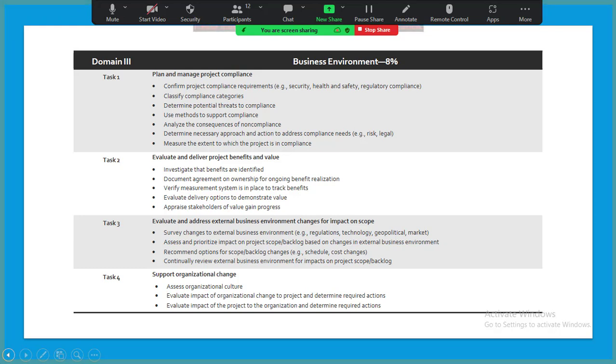You should know how to plan your project to ensure that your projects are conforming, in compliance with the necessary regulations that are applicable to your project. You need to know how to evaluate and deliver project benefits and value. And of course, you need to know how to evaluate and address external business environment changes for impact on scope, and support organizational